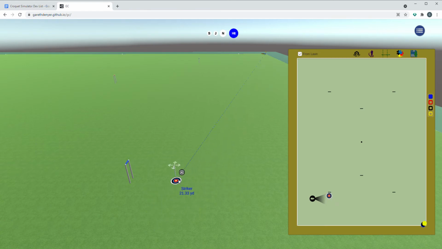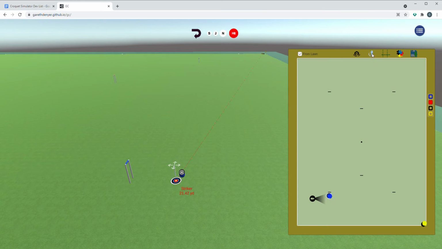So let's play our blue ball with the first shot, and we do that by pressing the hit button which appears at the top of the screen. So pressing hit will send the blue ball to near that target. It won't be perfect because there is some error built into each shot, and that error is determined by your